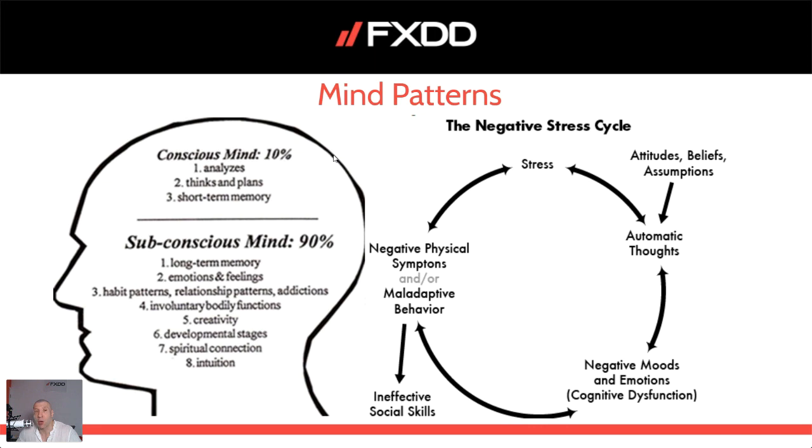It's important to know that this is very true, especially since we only use the conscious mind 10% of the time, while the subconscious mind is used 90% of the time. The conscious mind does the analysis, it thinks and plans, and it's reserved for short-term memory. That is why charting for new traders can be very hard, until all of these patterns, not just mind patterns, all the patterns that you see throughout your trading day, trading month, or trading year, are subconsciously memorized and you won't be aware of it.